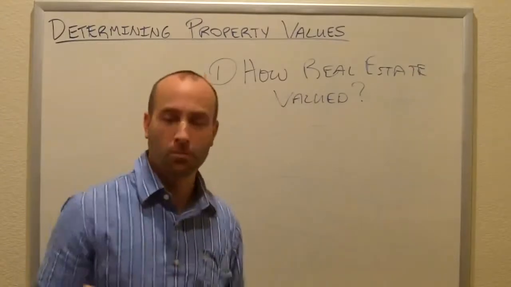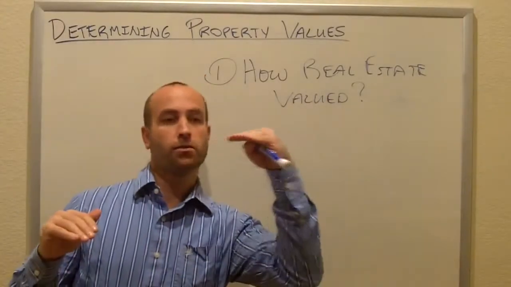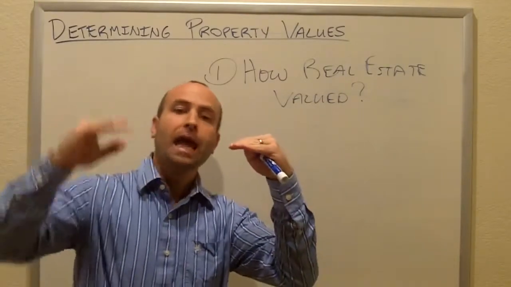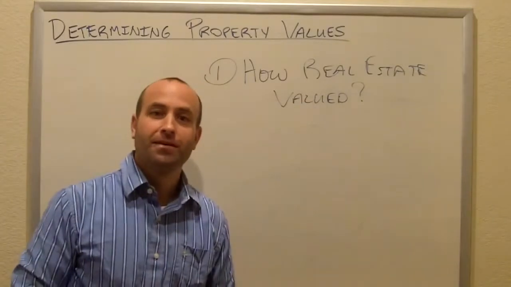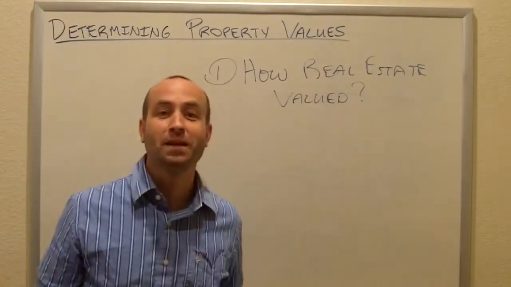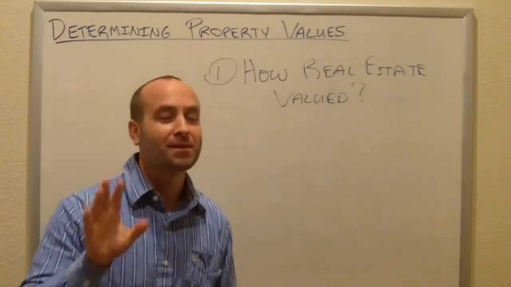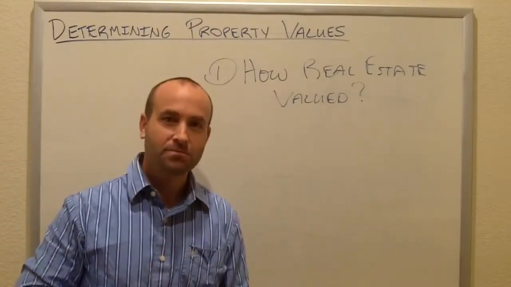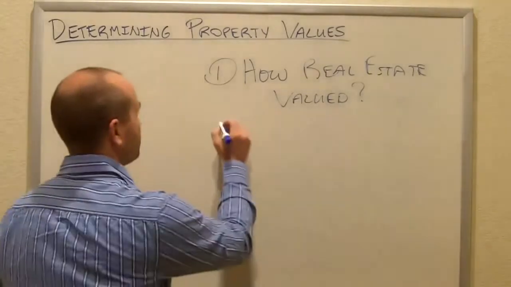You look at comparable properties and you look at what they sold for in comparison to the property that you want to know the value of, and that's how you figure out what the value is. It's really that simple. So if it's so easy, how come everybody does it wrong, right? Not everybody, but a lot of people. Well, there are two main reasons why that happens. The first is where they're getting their information from, okay?